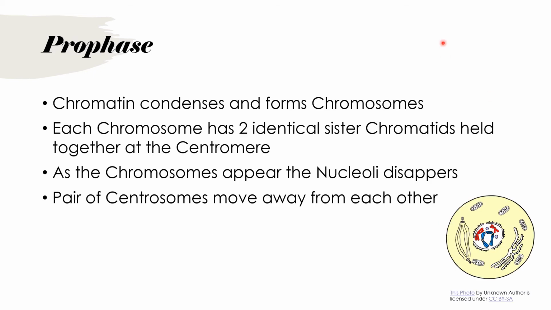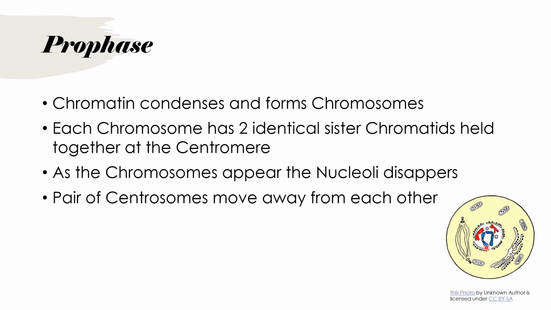The next phase is prophase, which is where chromatin condenses and forms into chromosomes. Each chromosome has 2 identical sister chromatids that are held together in the middle at the centromere. As the chromosome appears, the nucleoli will disappear, and a pair of centrosomes will move away from each other, which here you see